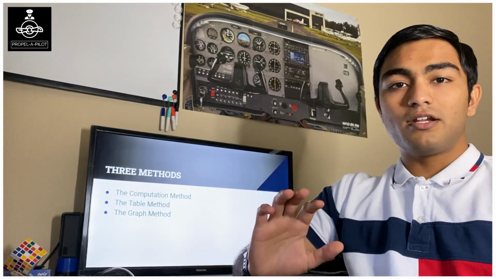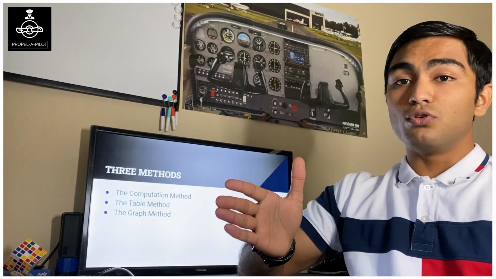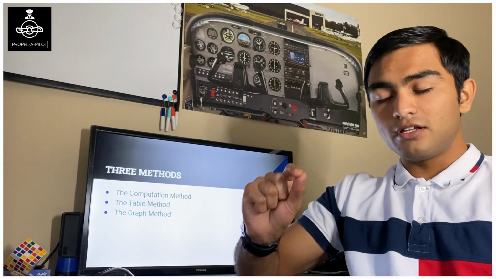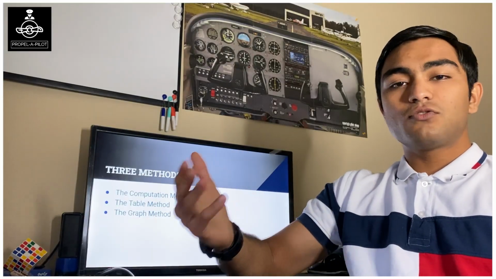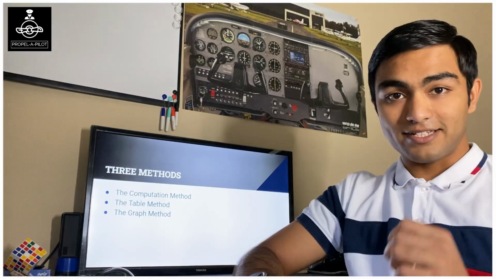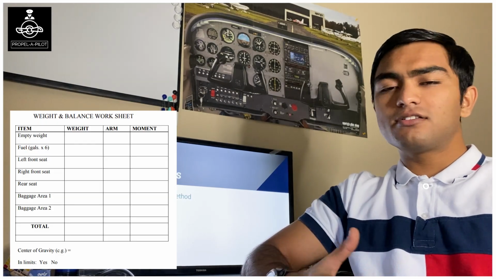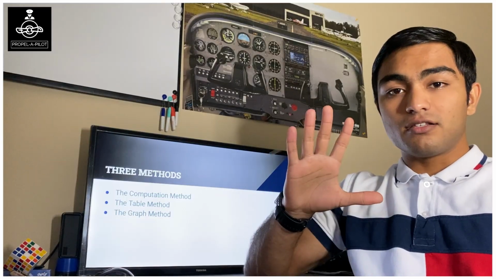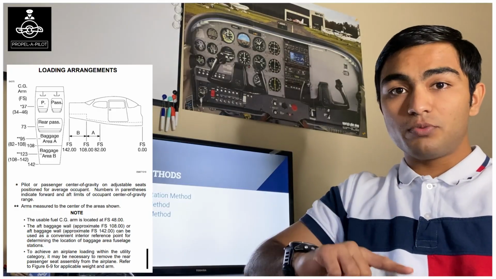You can calculate the weight using the maximum fuel at first and then subtract the fuel to bring the weight within the limits. Or you can calculate the fuel required using the navlog and then use that for calculation. Any which way, you have to ensure that the maximum weight is not exceeded. You can use a printed weight and balance worksheet like that, or just a simple format using your pen and paper. After calculating the total weight and bringing it within limits, you can use the arms from the POH and